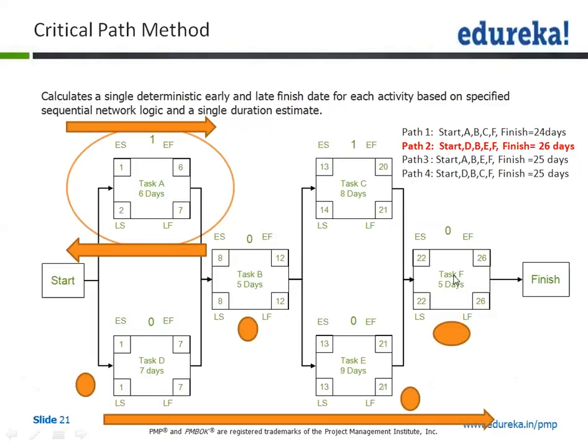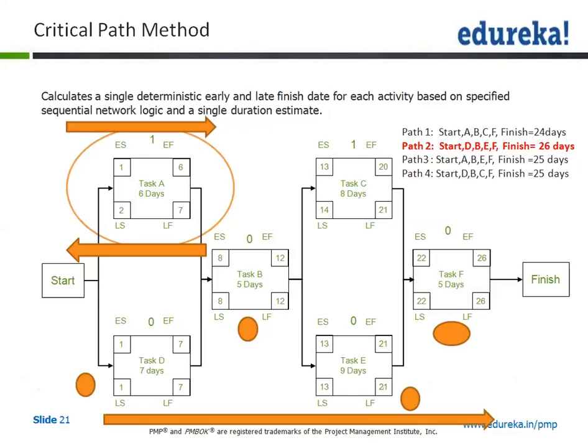Now if I move further to task F, remember task E is going to take 9 days, and task C is going to take 8 days. So that means there is a 1 day float available, because the next task is going to start only on day 22. Right guys? So if I follow this methodology, that is how I fill up the top portion of the block, which is early start to early finish, also known as the forward pass. So I've explained the float and I've explained the forward pass.